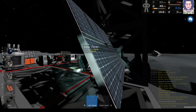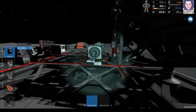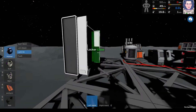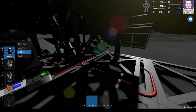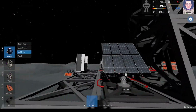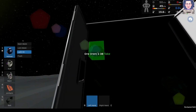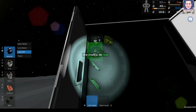Well, as you can see, we are generating power, we're storing power, and I should turn my light off. We want to create an automated tracking for this, and to do that we will need a daylight sensor, and to pull that one off I will once again need the light on my mask. So I will be,